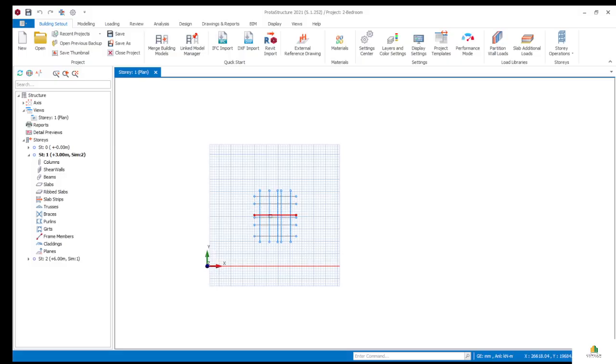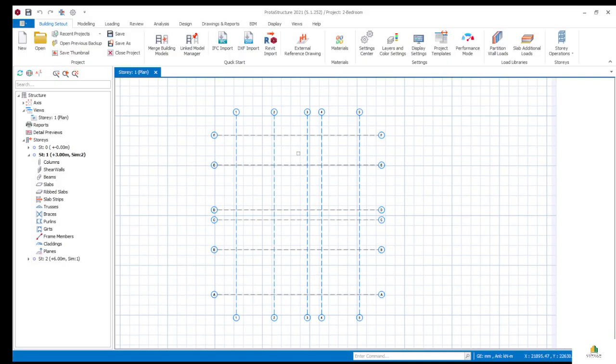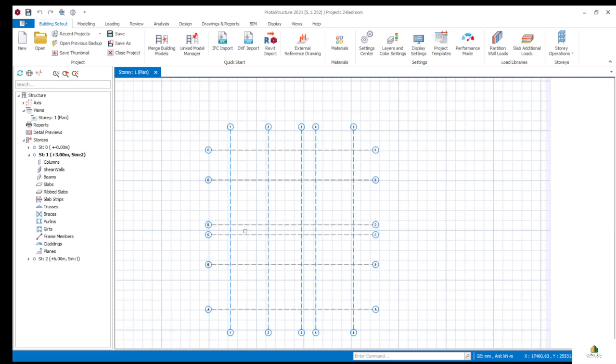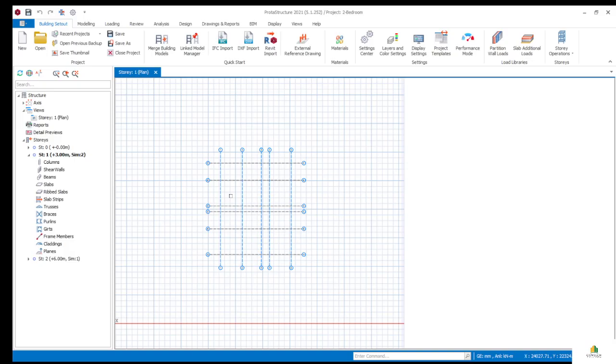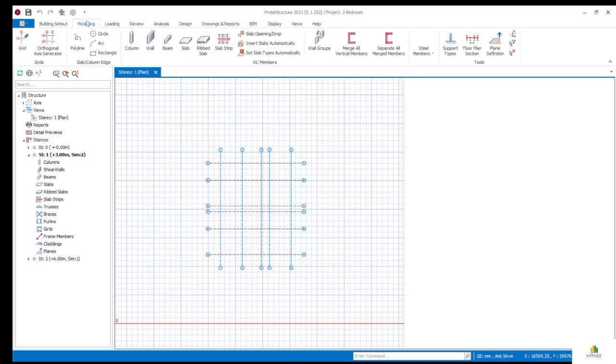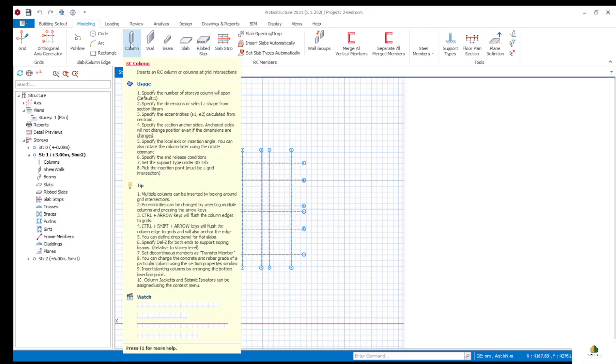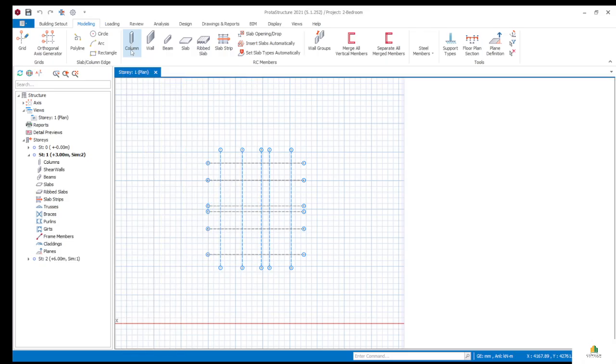So now any column that you place here in this story 1 plan will be here at story 2. Now let's go to how we can model our columns. So first we are starting with the columns. You go to modeling, then you will see the column here. The moment you place it, it will give you some long instruction. You will see reinforced concrete column. You click on the column,